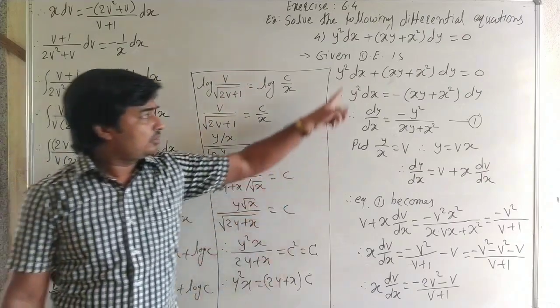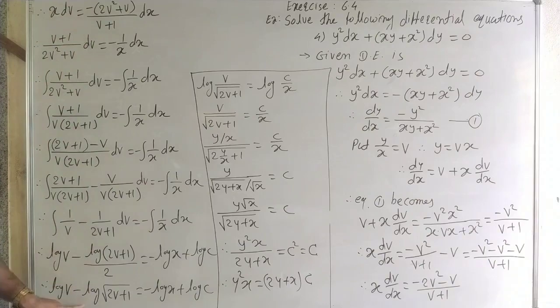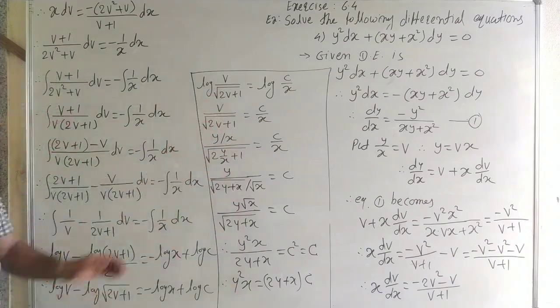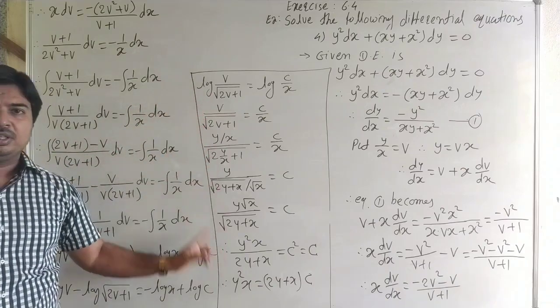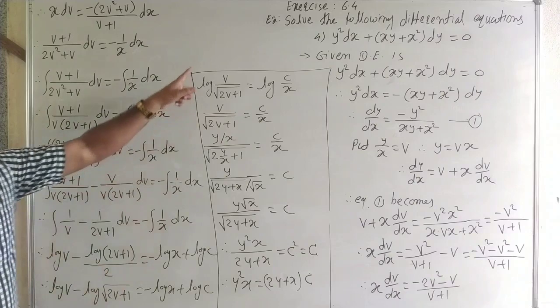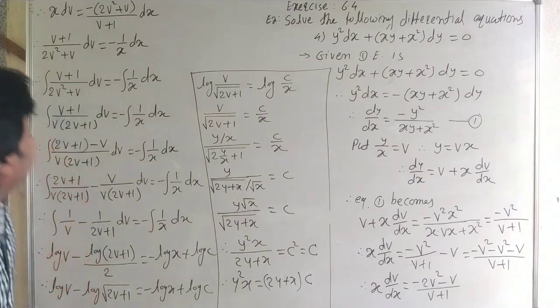See carefully all the calculation. First step is this, then we integrate this, and after this we get the solution of this, removing log on both sides, put the value of phi. Okay, it is the first step, then second, and it is third. Now we see the next example.